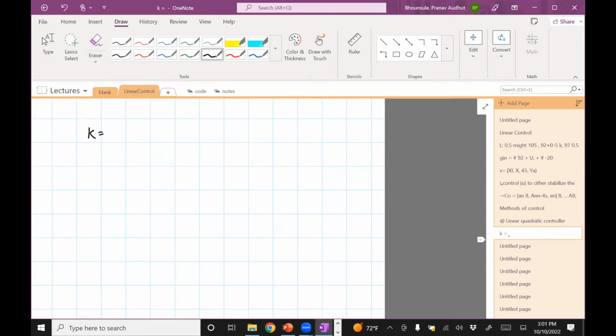The solution is something like this: R inverse B transpose P plus N transpose. So K is the gain, remember? And that K is R inverse B transpose P plus N transpose P. Now B we know, N we don't know, what P is. P is,